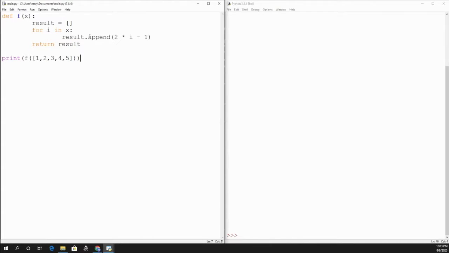And what it does is it takes in a list of integers, and for each value in that list, it's going to calculate 2 times that value minus 1. And then it'll take that value and append it to our result list. At the very end, once we've done this for each value in our input list, we will return the new list of calculated values. So if we go ahead and run this, you'll see that we get a list of